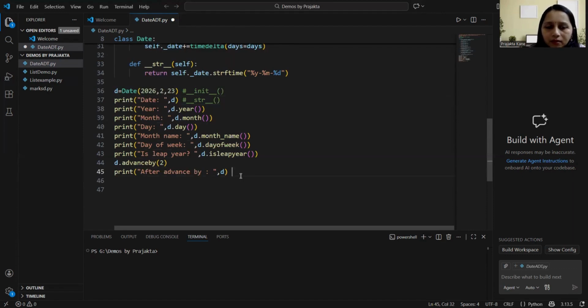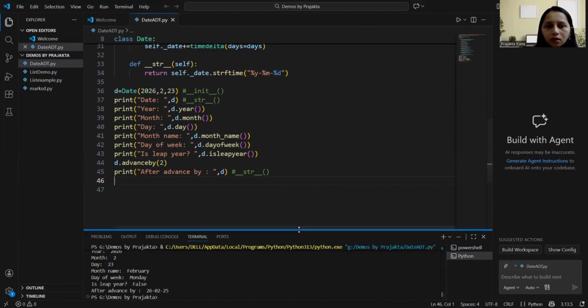So at these two places, str is automatically called. I hope this entire thing is clear to you, and I will save this program and let's check the output